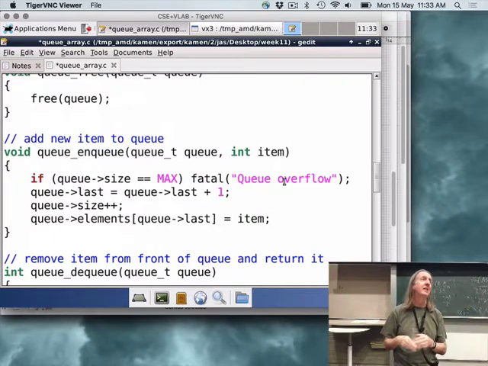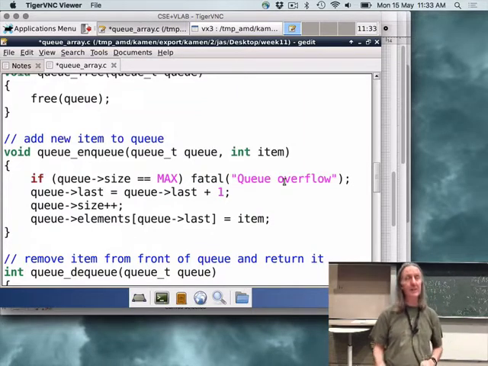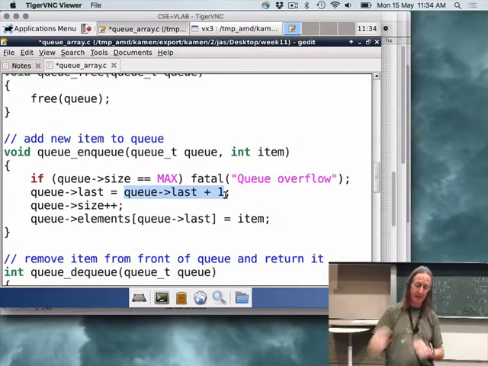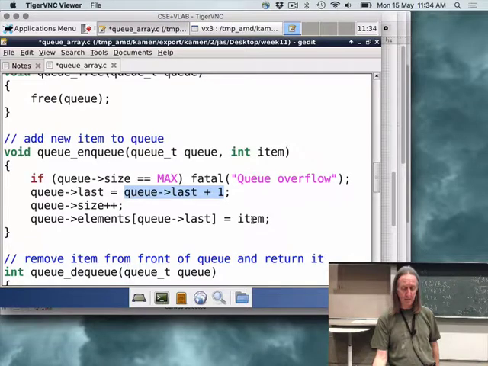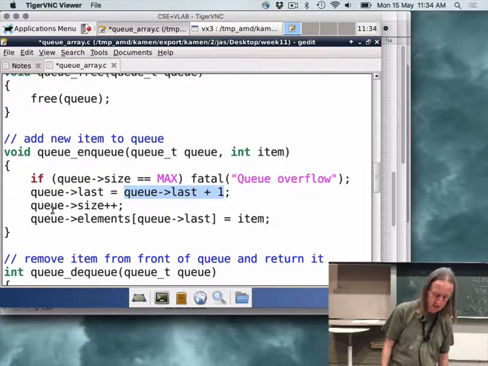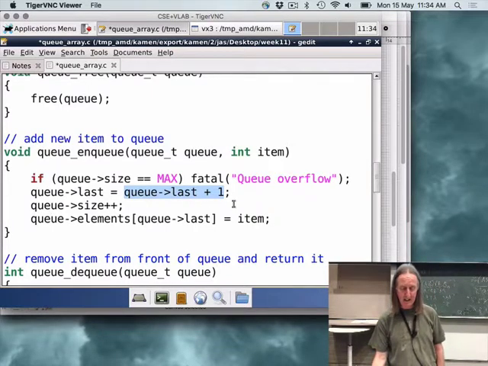Potentially you could implement a queue in some manner like that as well. In any case, I've decided that we're going to have last as the index of the last thing that was added to the queue, which it currently is. If I want to add something new, obviously I have to advance that by 1 to the next free location in the queue array, and then here is where I store the item value into that location. And of course, since I'm enqueuing, I need to increase the size. Now there's a number of bugs in this code, but we'll take a look at them in a minute.